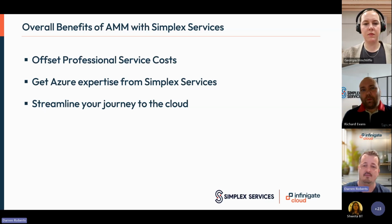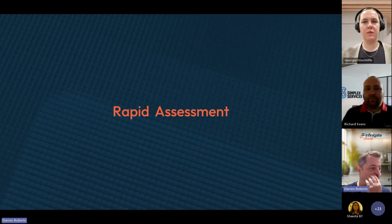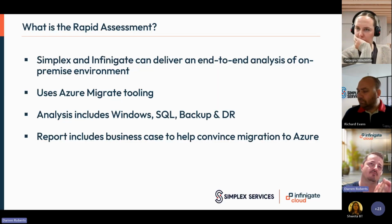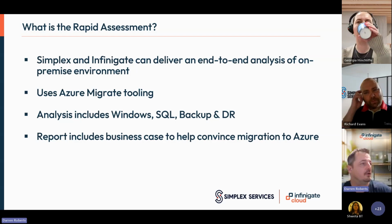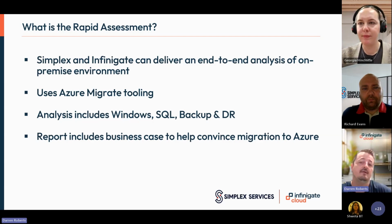Moving on to the next section, I should have probably put this on first. But as part of the AMP program, we've also got something called rapid assessment. So this normally happens before a customer is ready to migrate. So what we can do, if you're unsure what Azure could look like for you, and you don't want to spend lots of money on consultancy, we can deliver, also funded by Microsoft, a rapid assessment, which is